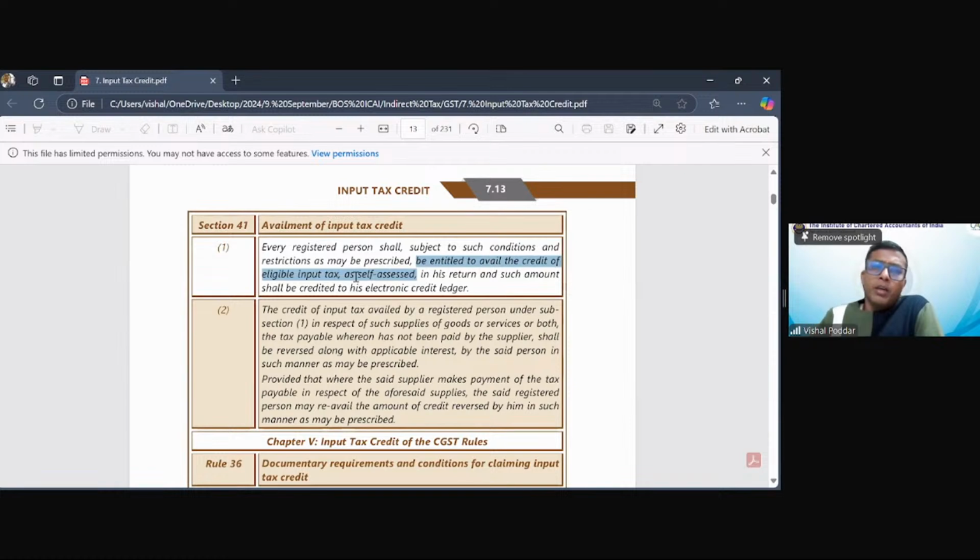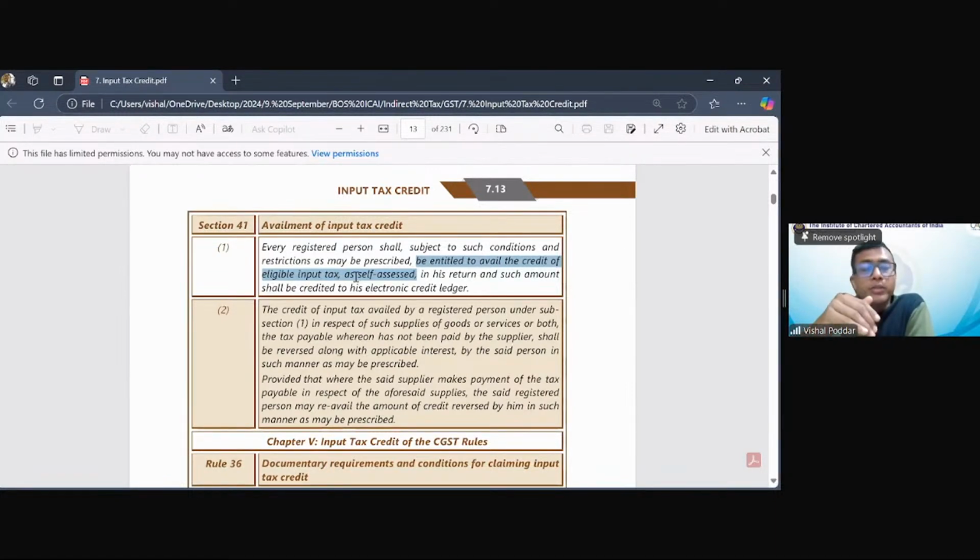What is self-assessment? One is assessment by the officer, by the department. So when they do your computation, they do checking and confirm that, okay, your computation is right, your tax liability is right. That is the assessment by the department. But before that, you have the opportunity of doing it by yourself. So the law first gives you the opportunity that before the officer does it, you do it yourself. So what you do yourself is what is called the self-assessed tax. Now here they are saying that this input tax credit, we are allowing you to take it by yourself.